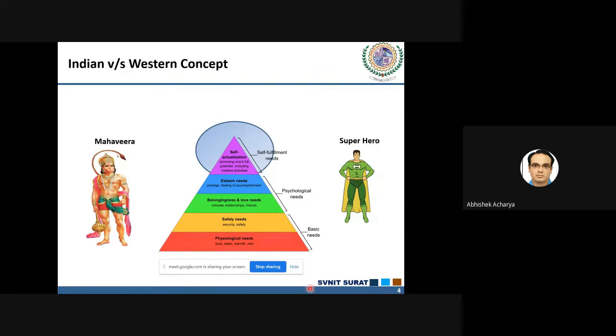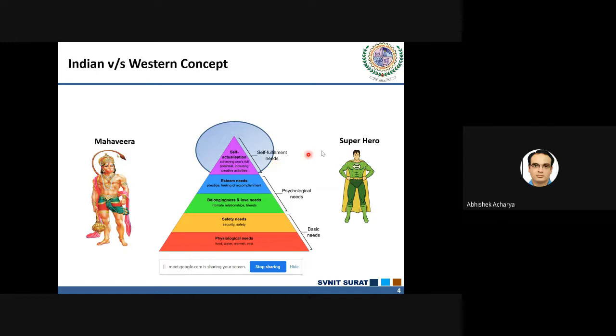Maslow hierarchy. This is popularly known as Maslow's hierarchy. In the very first stage, it is the physiological need, where you will be discussing food, water related problems and the basic needs of every individual. Okay, then you will have the safety need. Of course, in society, everybody wants to remain secure. So that is the second stage. Then the third stage is belongingness and love needs. In this stage you will have intimate relationships with your friends. Then the fourth stage comes, which is esteem needs, and at the end you will get the stage which is known as self-actualization. This self-actualization state is referred to as moksha or nirvana in our